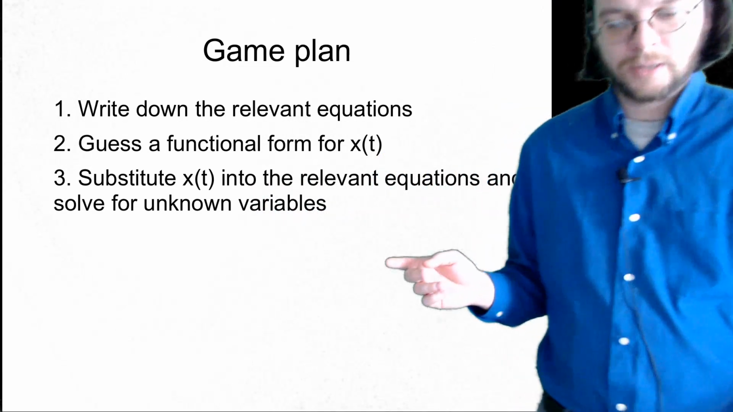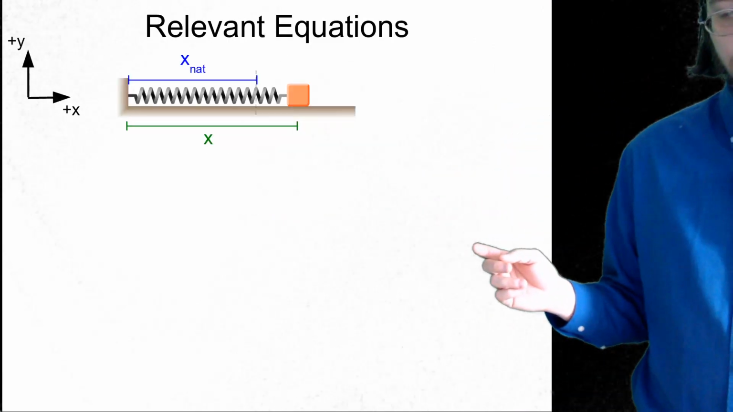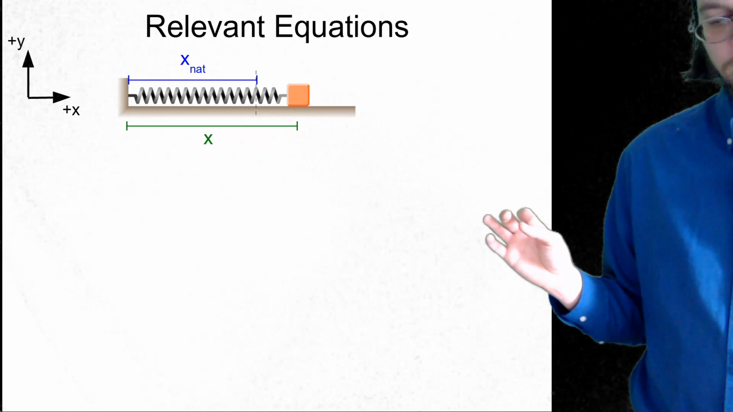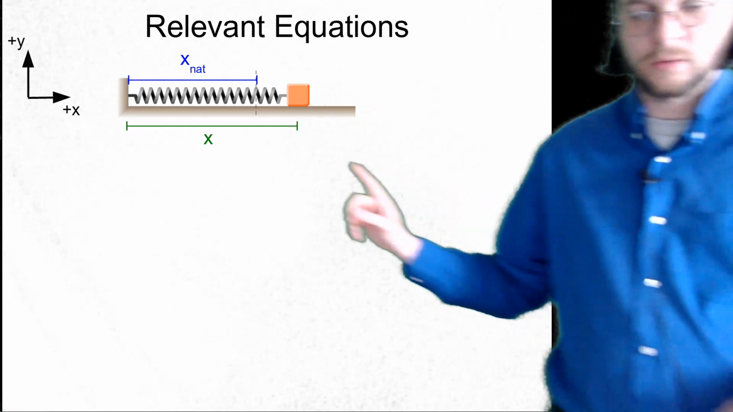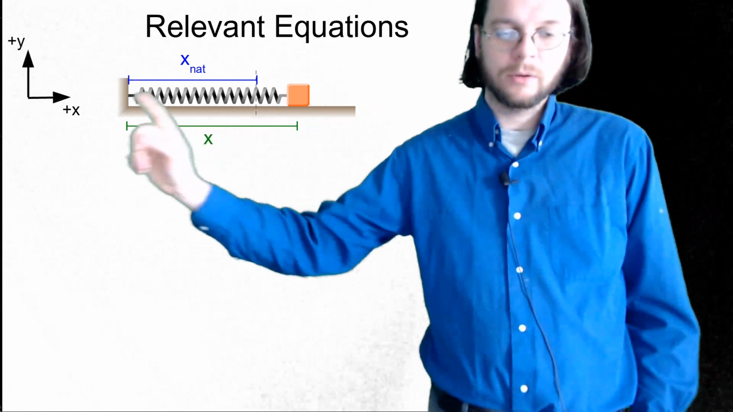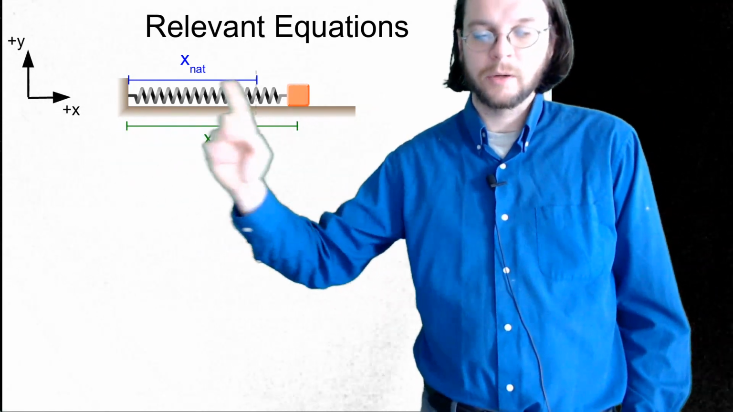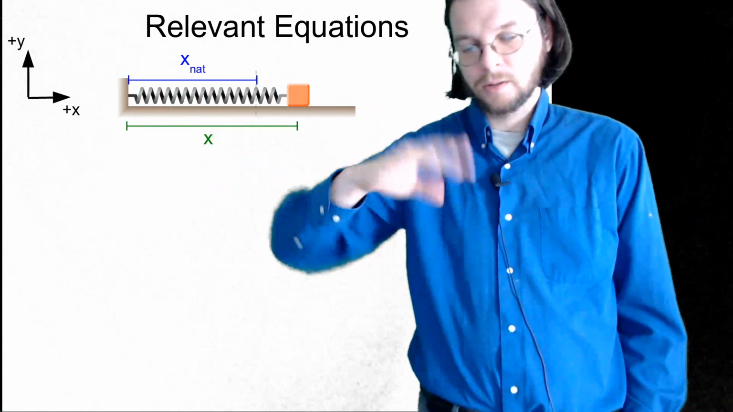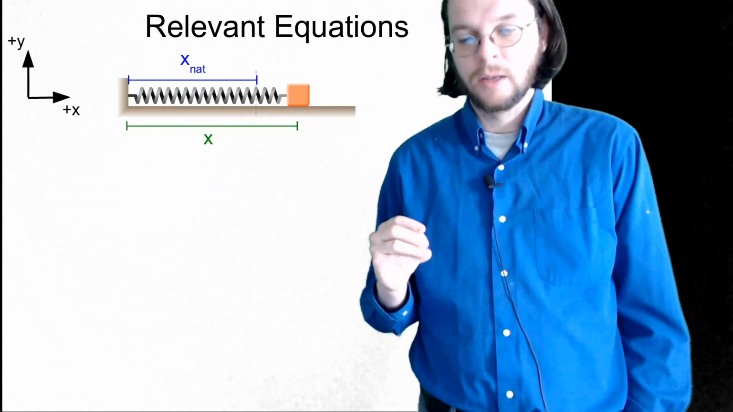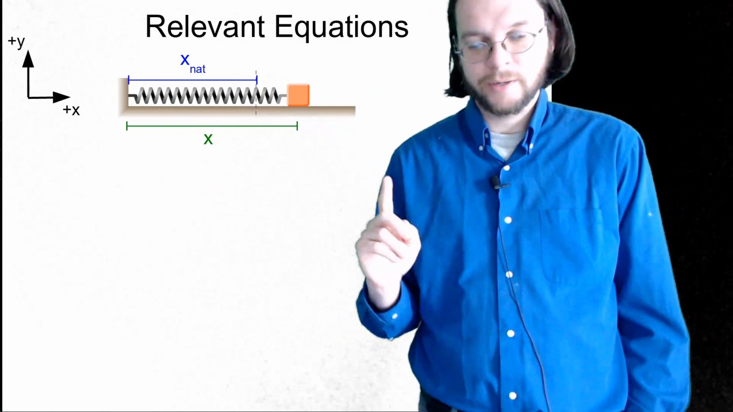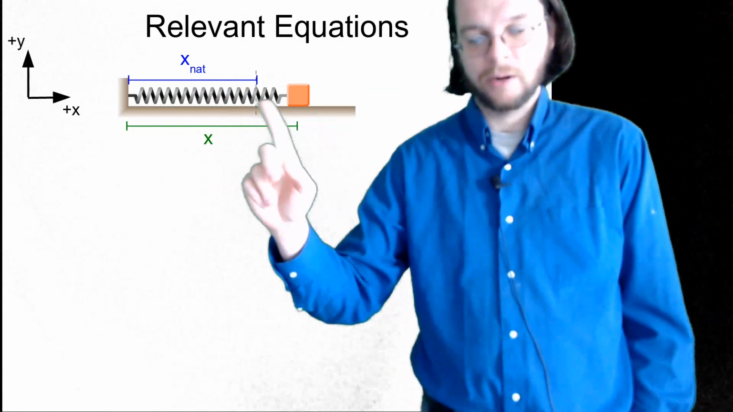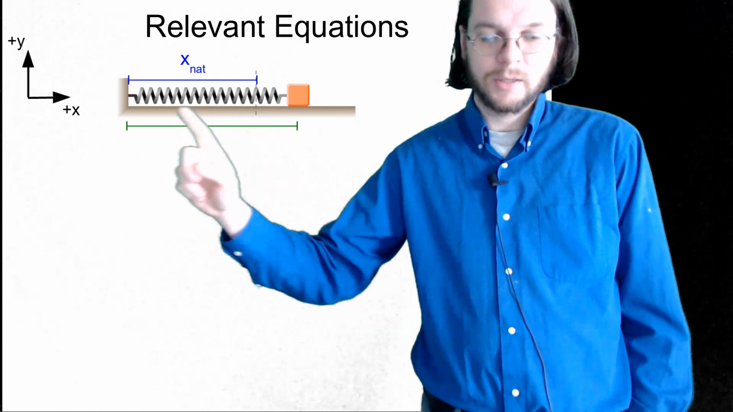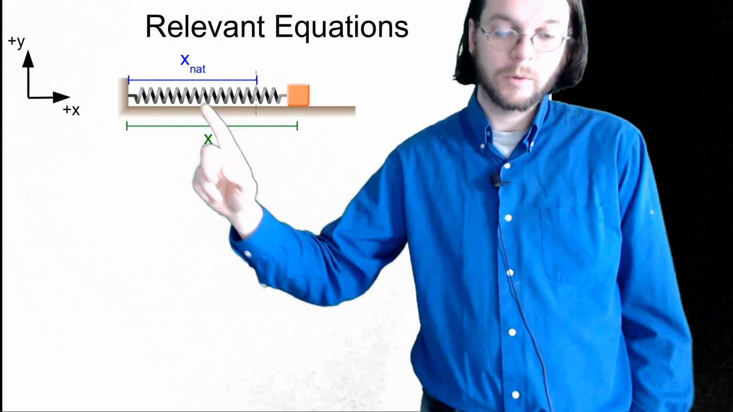So to guess the functional form for x of t, well, first let's write down the relevant equations. So this is what I call the natural length or the relaxed length of the spring. It's not the same thing as the equilibrium length, because if you hang this thing vertically, gravity will pull on it, and then it won't sort of hang out around here. It'll be some other value, but when it's on its side, this is the natural length of the spring,